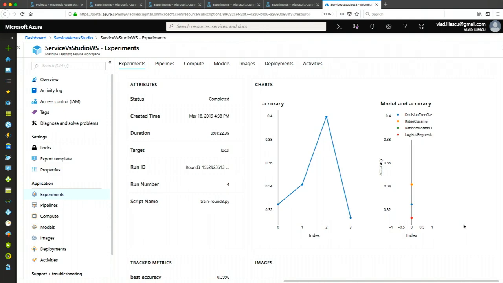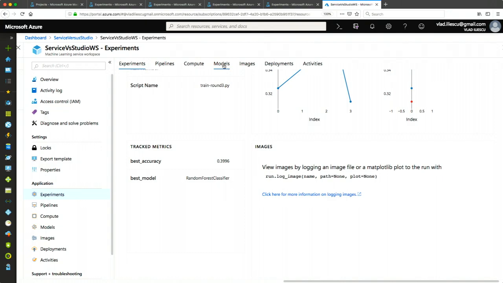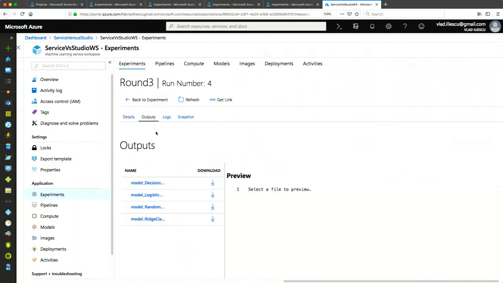Well, in this case, it's random forest, and it's being overlapped by the legend. But I can identify the best performing model on that selection of the data set. I can see how the accuracy evolved in this. And I can also, if I'm so inclined, download any of the models here.